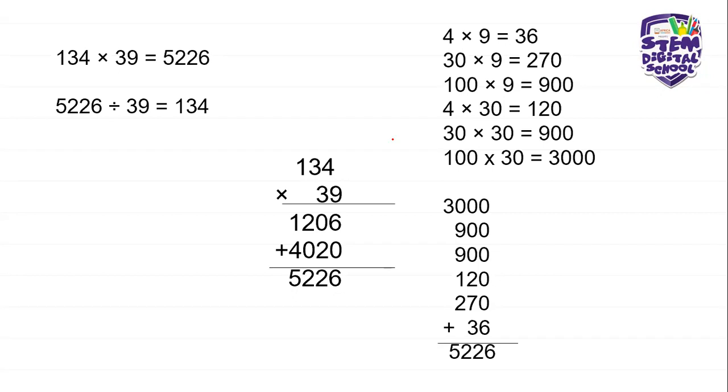So, sir, with the first method, I said, what is 4 times 9 first? 4 times 9 is 36. So I put the 6 down and I carried the 3 over the other 3. Then I multiplied 3 times 9, which is 27, plus 3, which is 30. So I put the 0 there and carried the other 3. Then the next thing I said is, what is 1 times 9, which is 9. So I added the 9 with the 3, which equals 12, and there is my first answer.